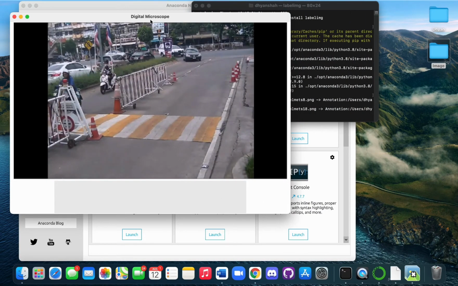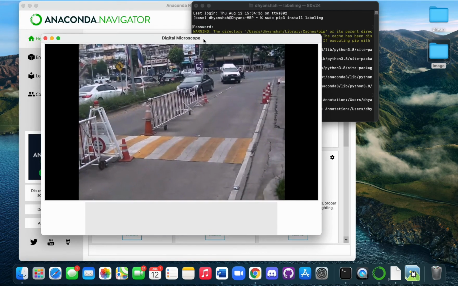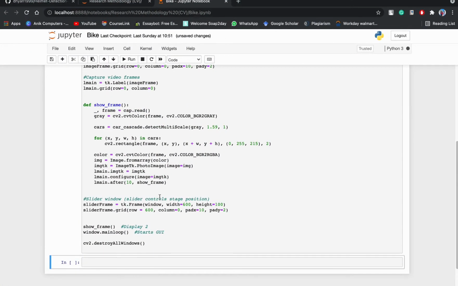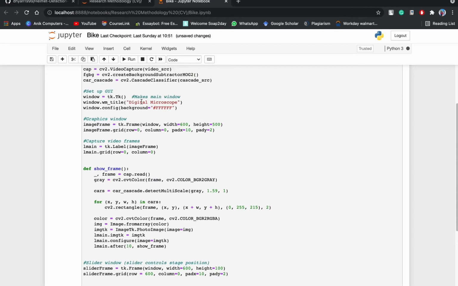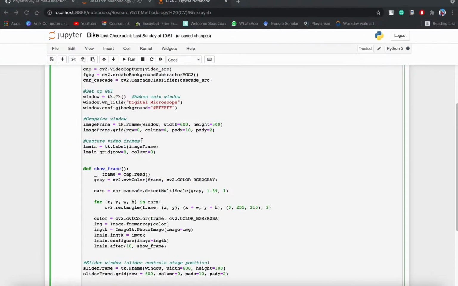The image frame is tk.Frame with the window width and window height that we have given to this window. The other one is video frames.